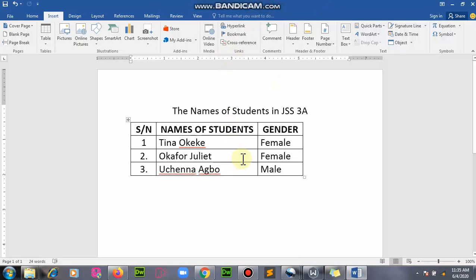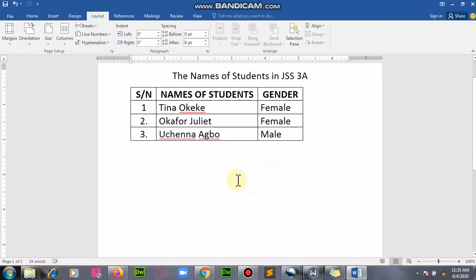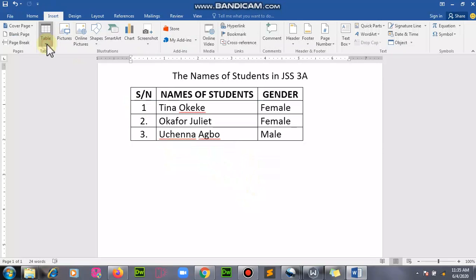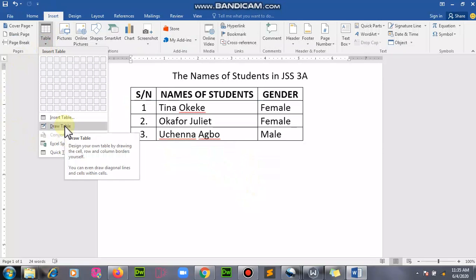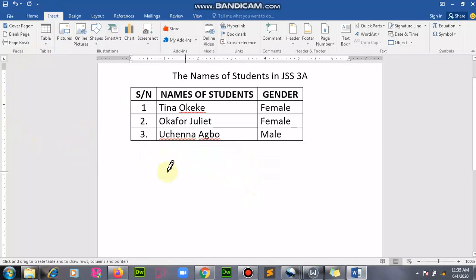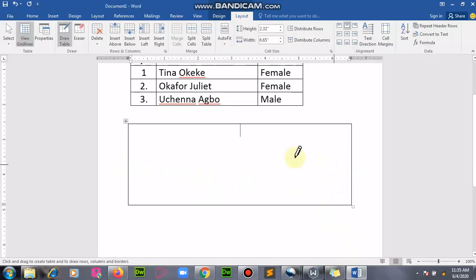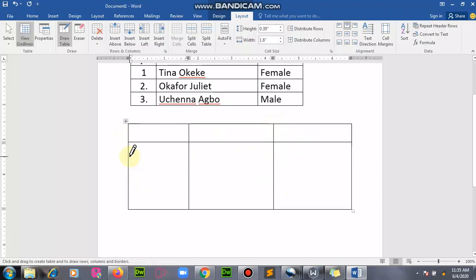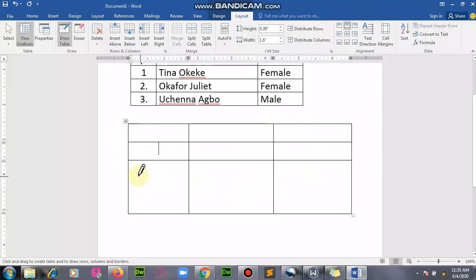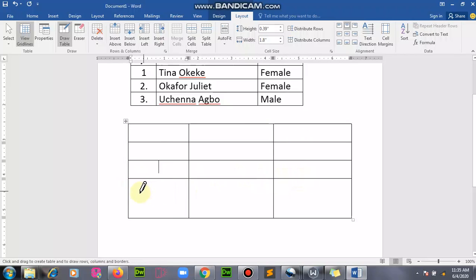So the next is on how to insert tables using the second option we have on the page, and that is go to insert table, click on tables, click on draw table. This one is a little bit tedious. When you click on draw table, you can draw the table by making a rectangular shape and start dividing them into small columns, and you can start crossing the columns with your pencil shaped icon, cursor, and then you'll be